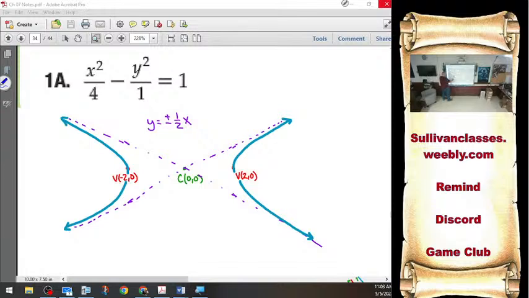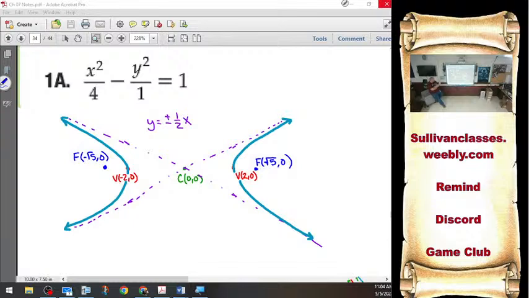And my foci. There we go. That's a square root, not negative. So center, HK, 0, 0. The positive term was the x term, so it's going to open horizontally. It also means the denominator of the x term is my a squared value. Square root of 4 is 2. Go 2 left and right for my vertices. Once I got my vertices,